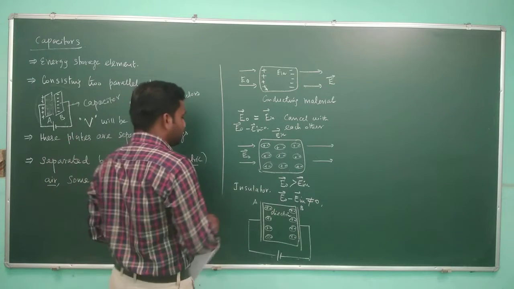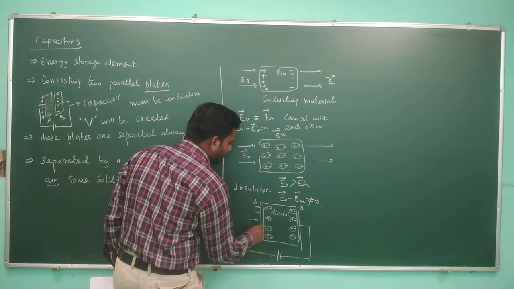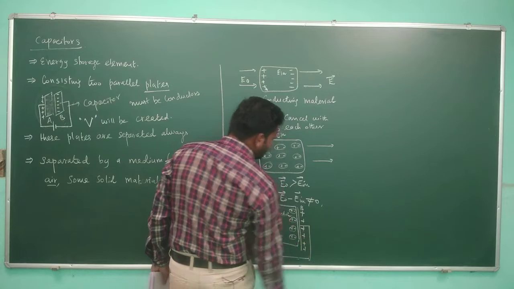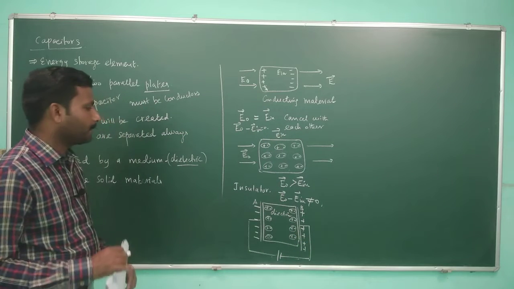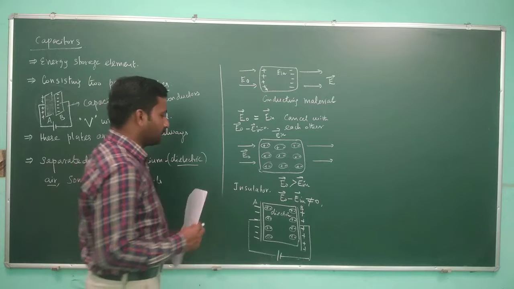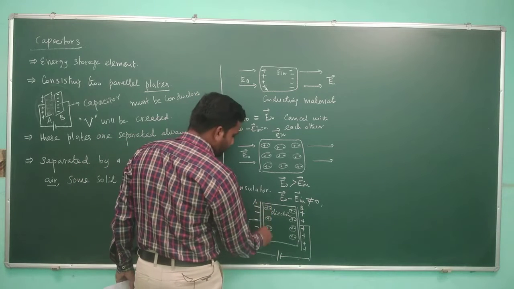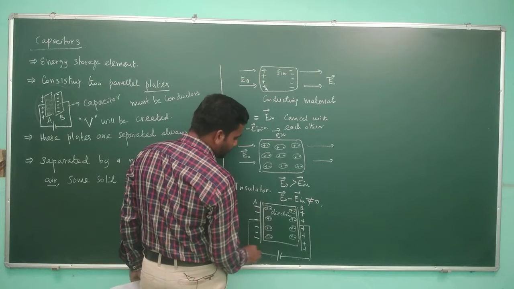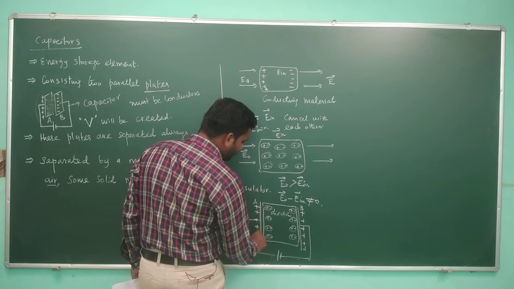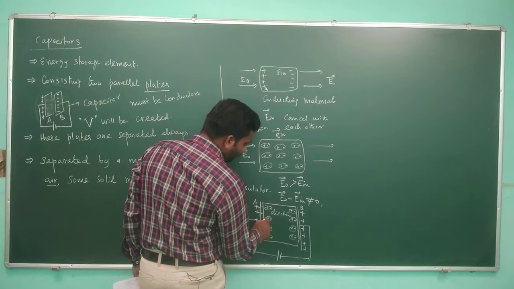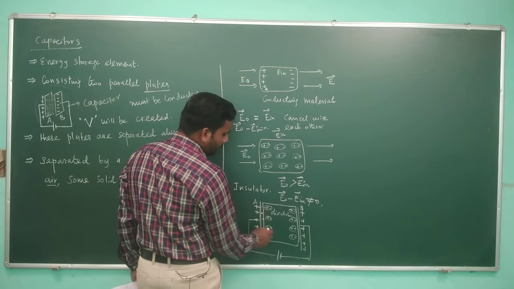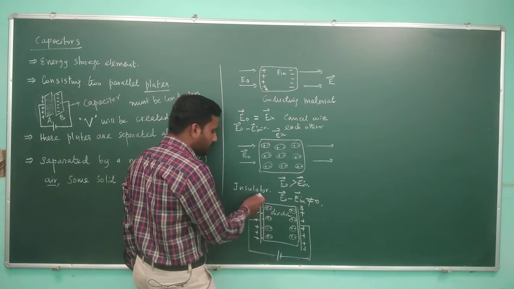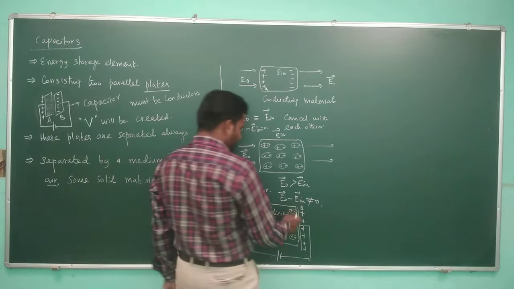So in that way, what will happen is essentially one side will be accumulated by negative charges, and the other side will be accumulated with positive charges on the plates. The inner side of the plate will have positive charges. To counteract this positive charge, the inner side of the plate will have negative charge while the outer side of the plate will have positive charge, right?